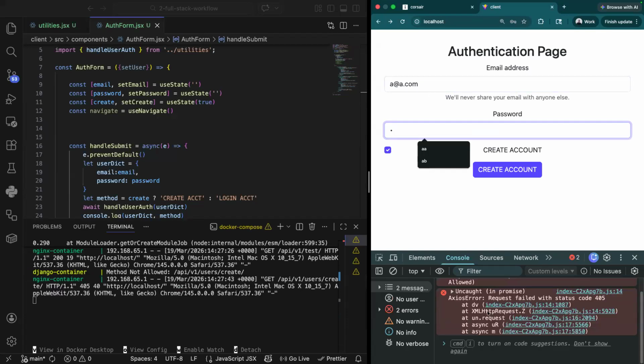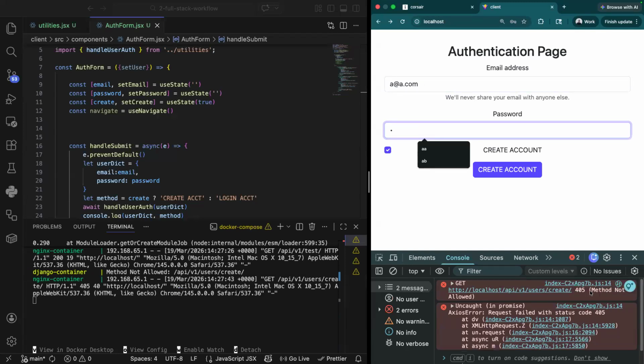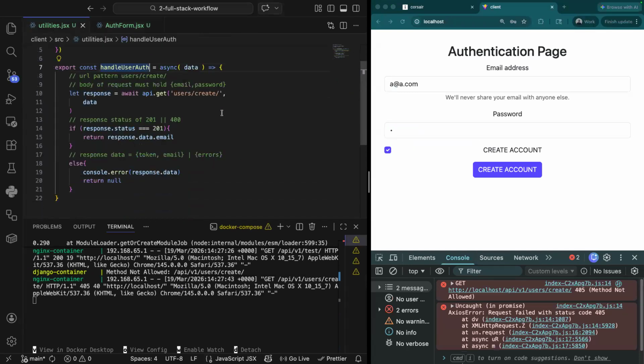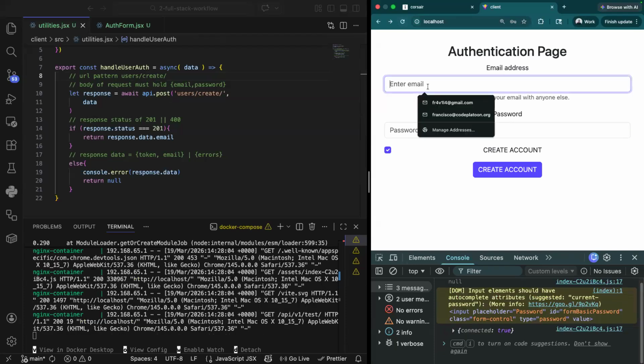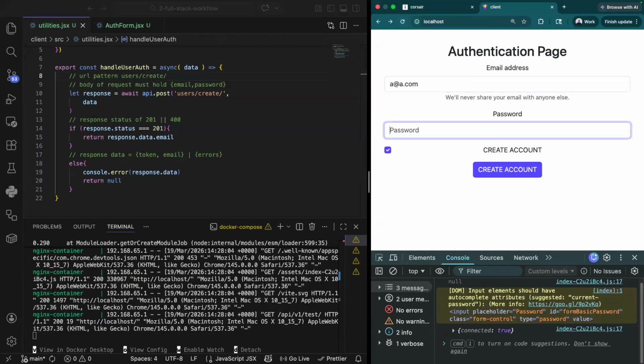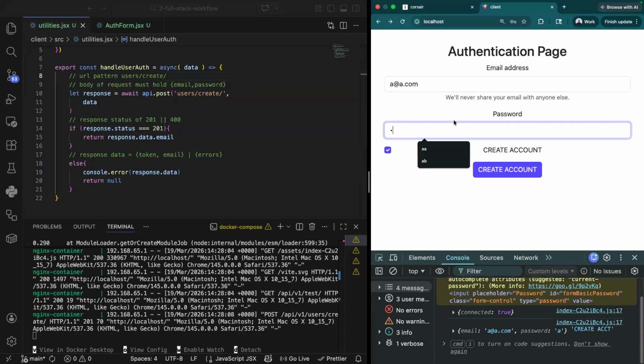All right, so I get an error. It tells me, hey, there's been a request. It was caught. 405 HTTP method not allowed. Okay, let's see. In my utilities, I am in fact sending a GET request. Oh, that makes sense. Let's change that to a post. We can refresh our page. Do a@a.com, A. And now when we send the request,